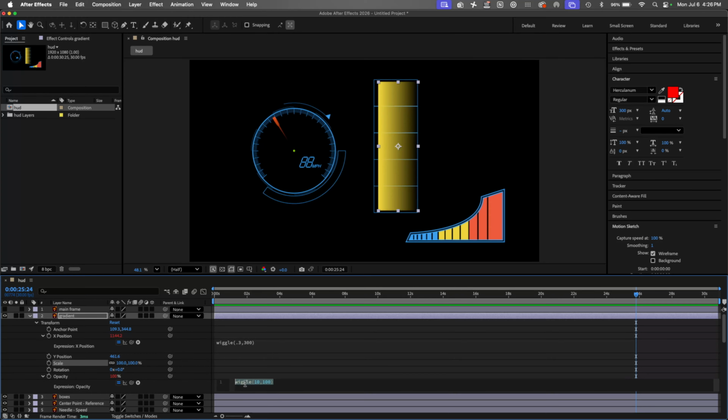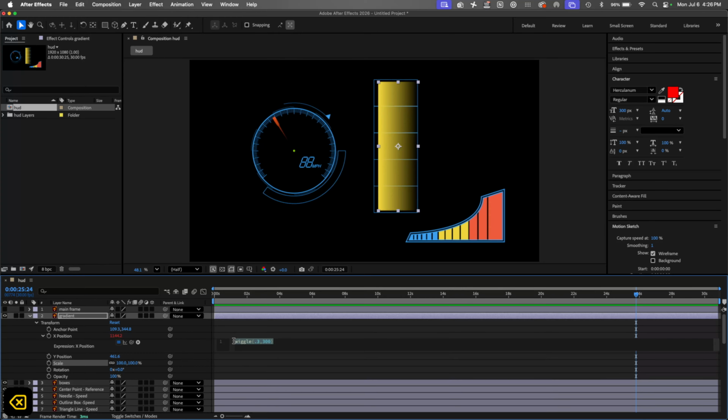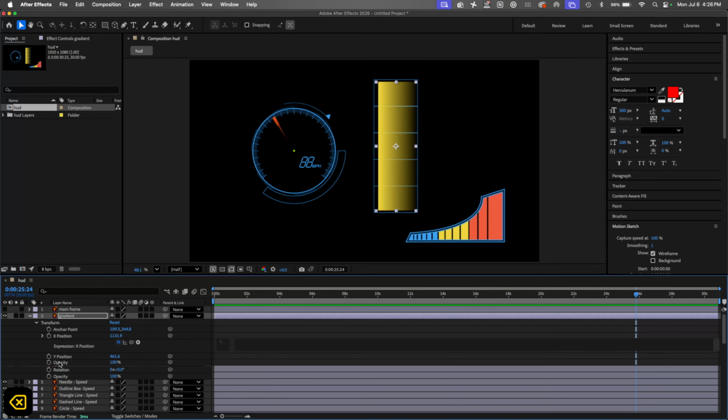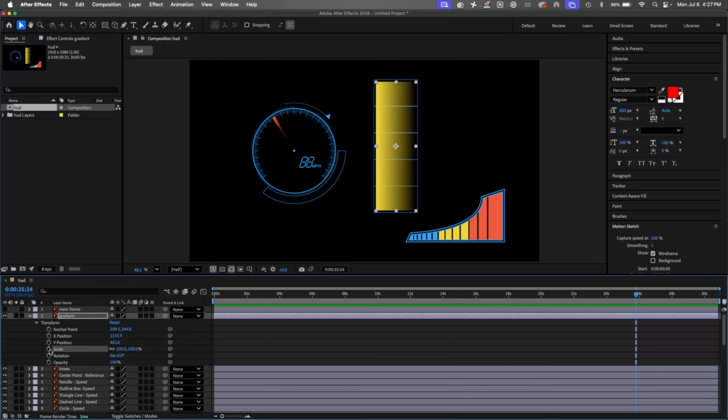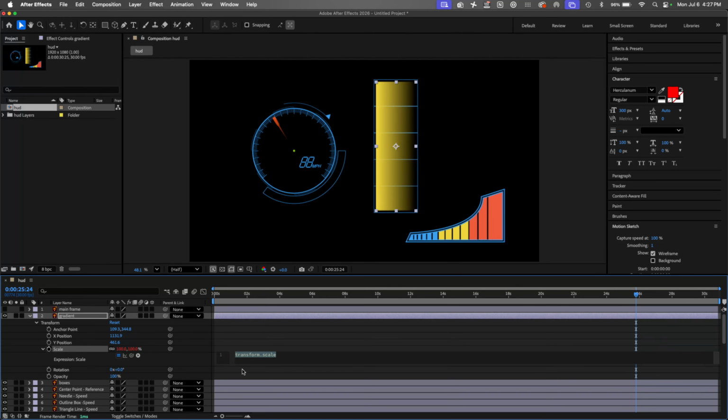So we just have, for scale, can you separate dimensions? For the expression or for the chain link next to it? Yes, but if I'm putting a wiggle expression inside of that, I think you could probably do an array in the expression and then do a variable inside of one of those arrays that gives you the first one, but that gets a little complicated. I've never used it. Yeah, if you go wiggle to 100,